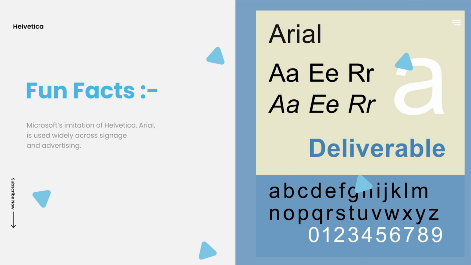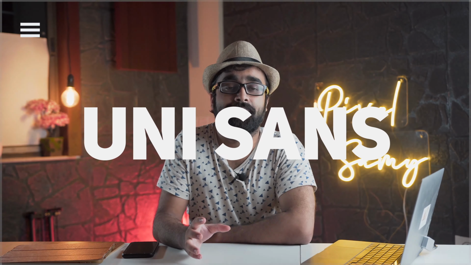But one of the disadvantages to this is that as this is one of the most evergreen fonts, a lot of people already use it, so you cannot really stand out in the crowd while using this font a lot. However, if you want to make a typical design, typical sheet presentation, this is one of the good ones out there, and it has so many thicknesses you can use it in any cases, like I already mentioned. The next font is also a pretty cool one called Unisans.